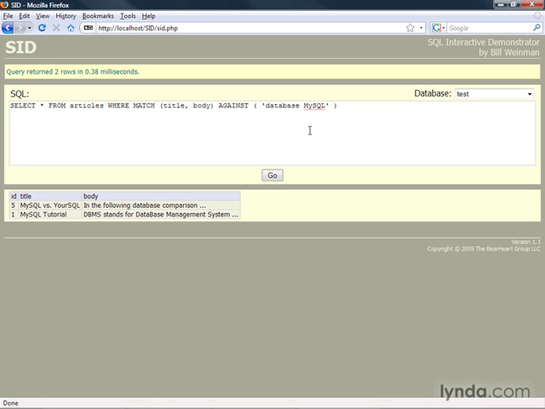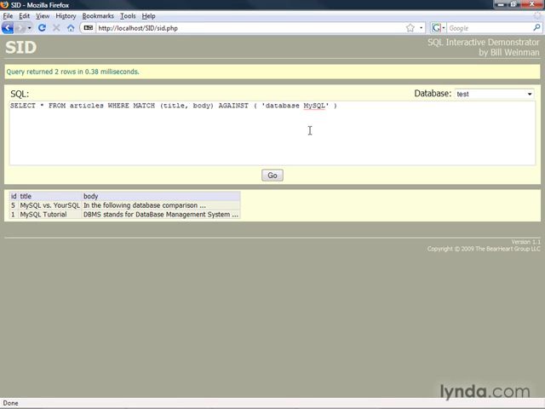And this is actually a very important feature because if you were to search for a bunch of words and one of those words occurs in, say 80% of the possible results, you're going to have too many results and you're not really going to be able to find what it is you're looking for. So the natural language search ignores those search terms that occur in more than 50% of the rows